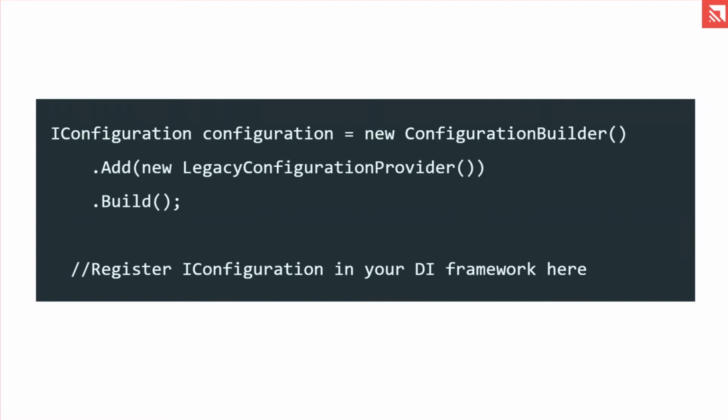And this one reads the web.config. So if you add that first, and then you add a provider to read the app.json, you can read both of those at the same time. So you can have them in parallel if you want to slowly, incrementally move over. And if you want to know exactly how this is done, I have a blog post on my website, alexander.slotte.com, that lays out exactly how you can do this for the configuration itself.